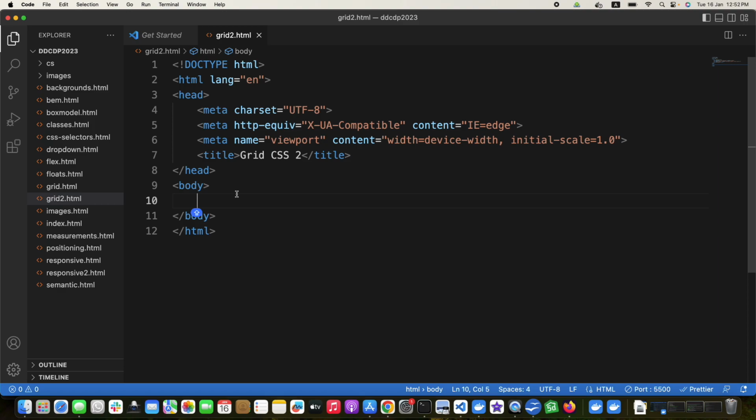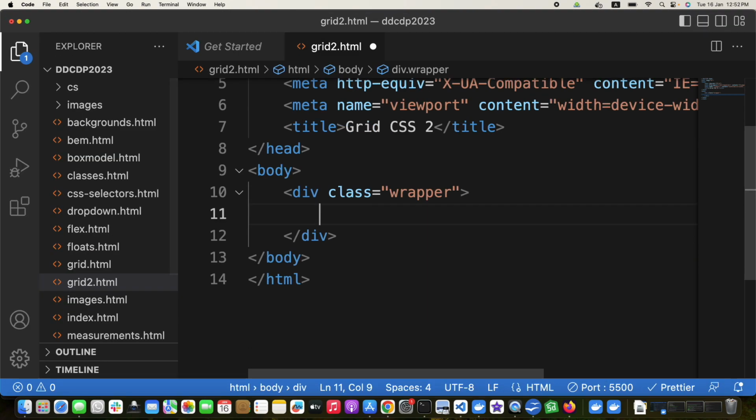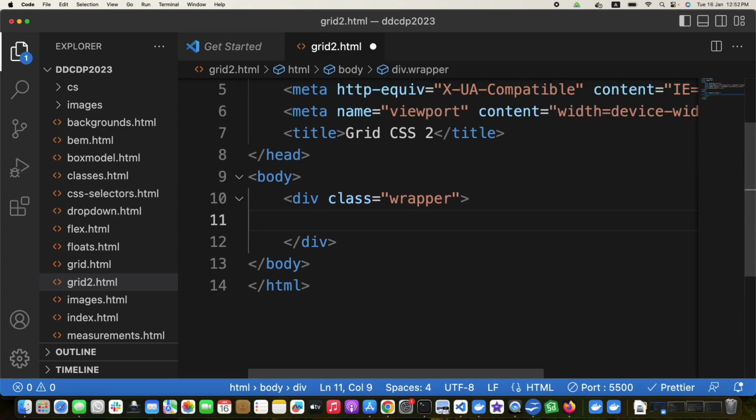For grid CSS, we are going to use Firefox today, so that it will help you understand what grid CSS does, and you will have a strong foundation of how grid CSS works. So for now, let us create a 2 column and 2 row grid in our HTML. One of the shortcuts is, if you type div.wrapper, what will it create? A div with a class of wrapper. Now I want, for example, 4 divs of class item. So what I can do is div.item